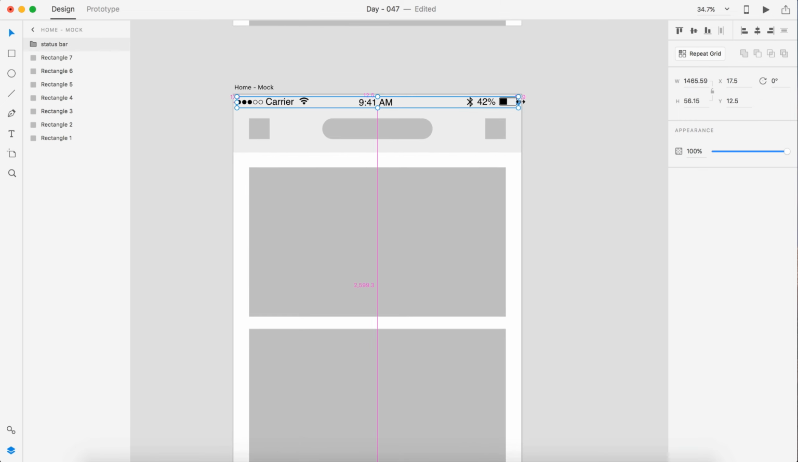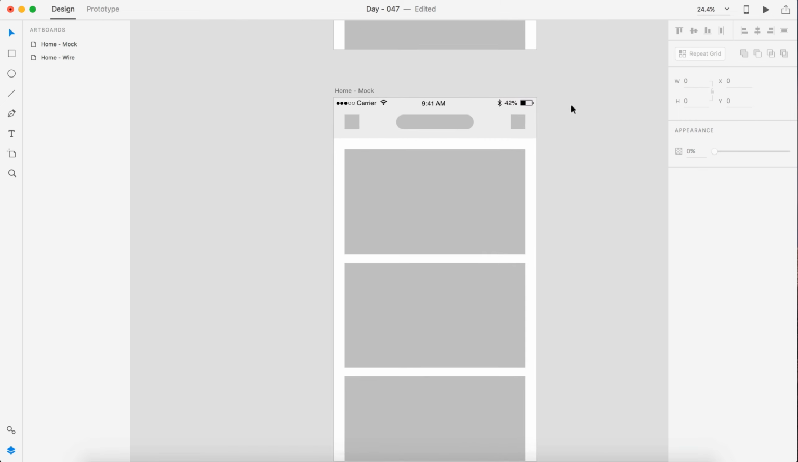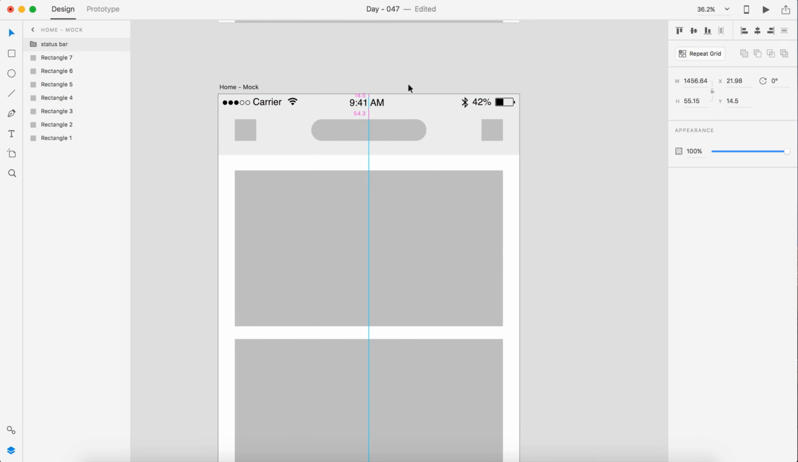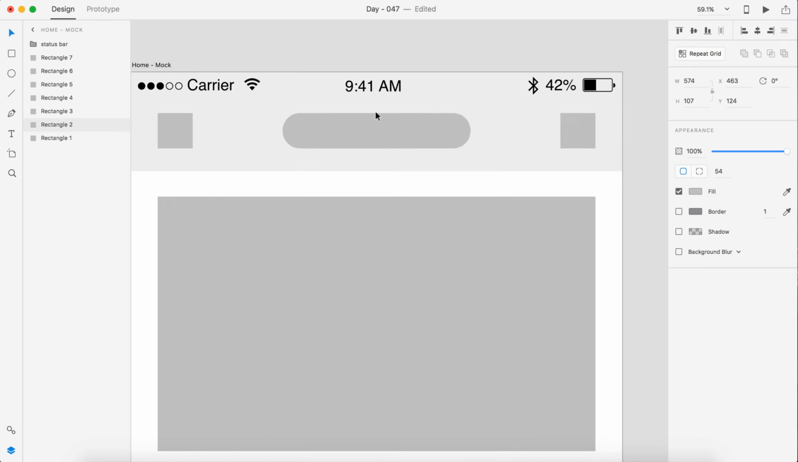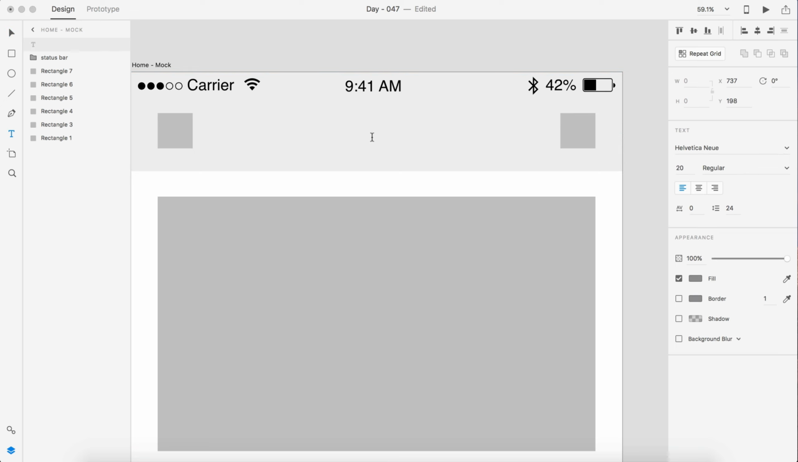And then I'm going to hold Alt and scale it in slightly. There we go. That's alright. So next I'm going to add some text. So let's delete that holder, and let's say